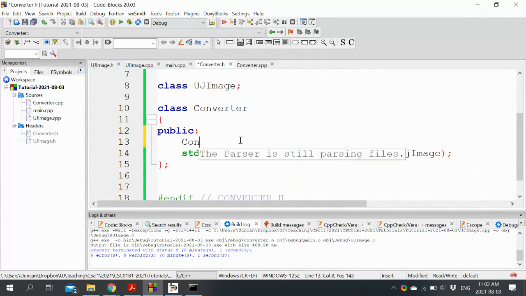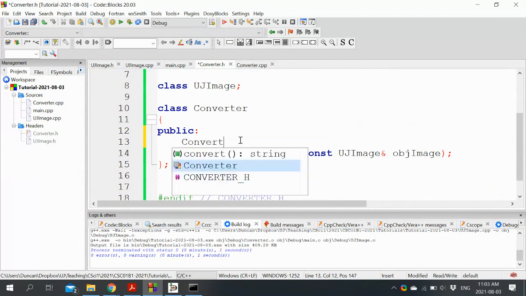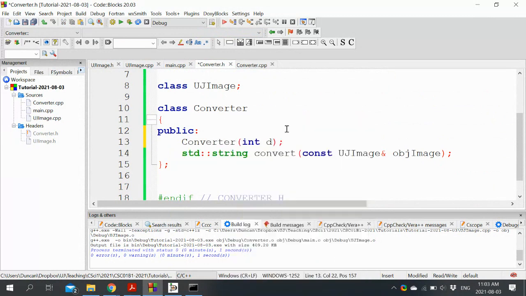But if we did something like this, let's say we created a new converter constructor, it doesn't matter, one that took a parameter. We're not even going to implement it, so I'm just going to put it here. So this is now an empty implementation, but notice that it has now got a constructor, one that takes an integer. It won't get the free no-args constructor anymore.